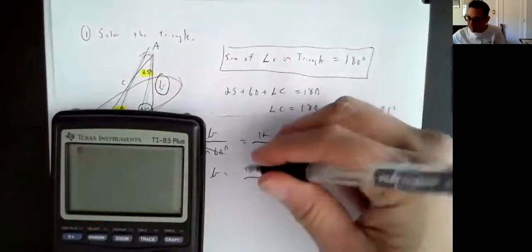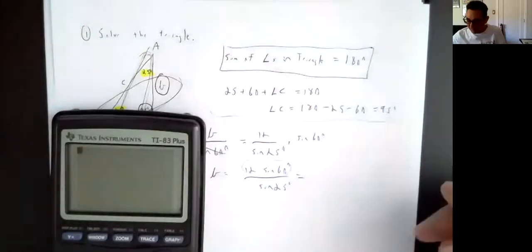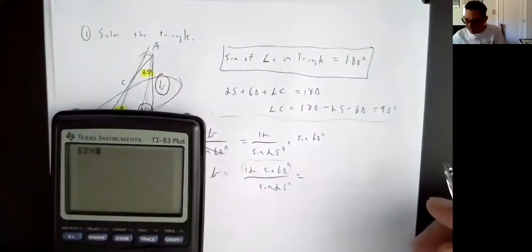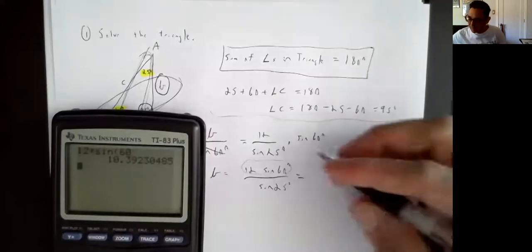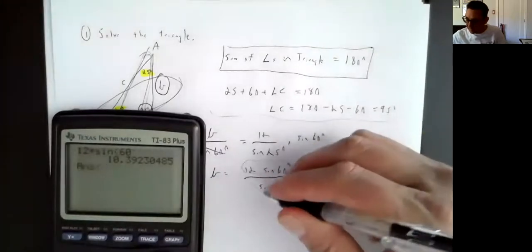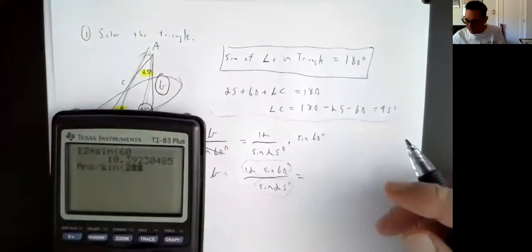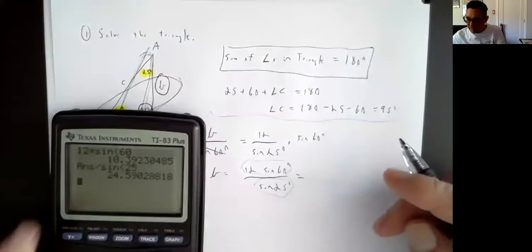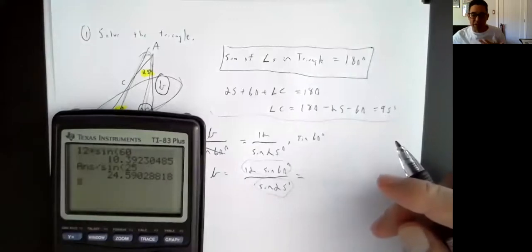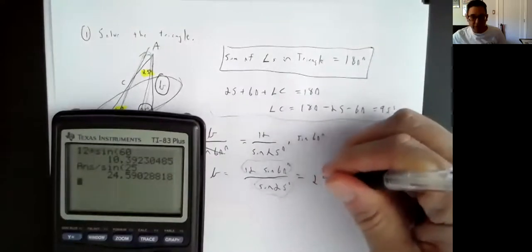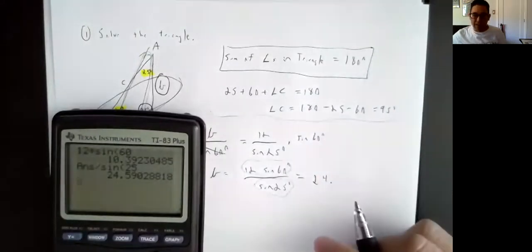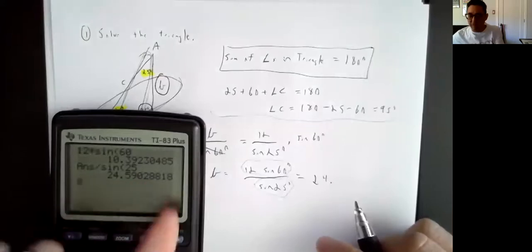Now, I like to do stages and just do the top half of the fraction first. So I do 12 times the sine of 60. Make sure you're in degree mode, and I get that number. Take that number and divide it by the sine of 25. The answer button just shows up by itself on my calculator. Your calculator may vary. And my answer is